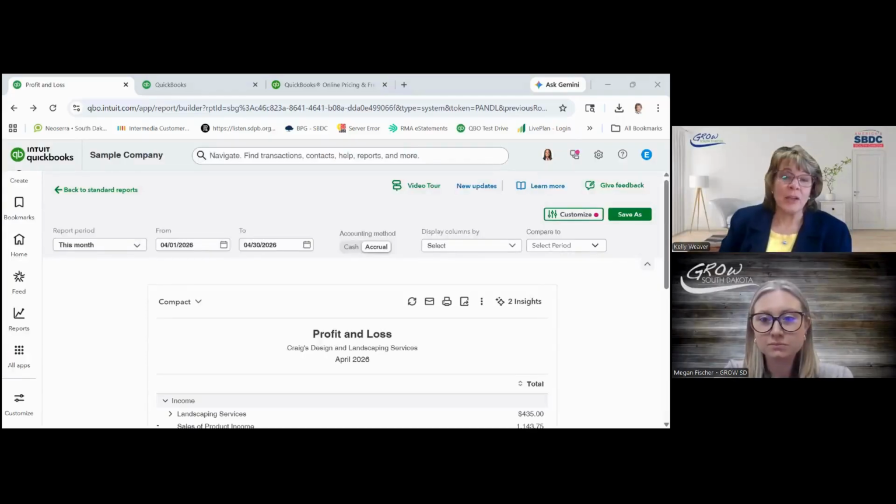So let's just say a customer from Iowa brings their vehicle to your shop to be fixed and you do the work there, you charge them the rate in your town, if you're in Vermilion or whatever. And then they take the vehicle back across state lines, and you don't have to worry about charging them tax that way.